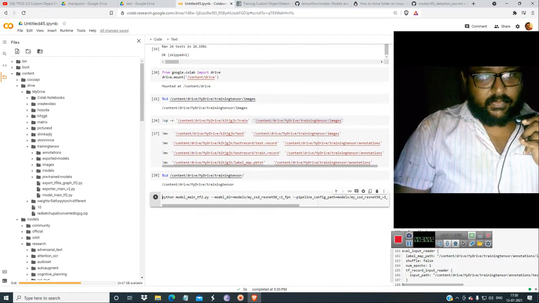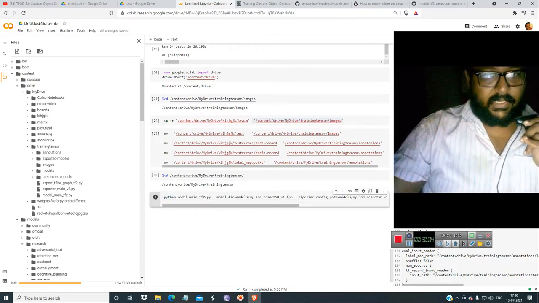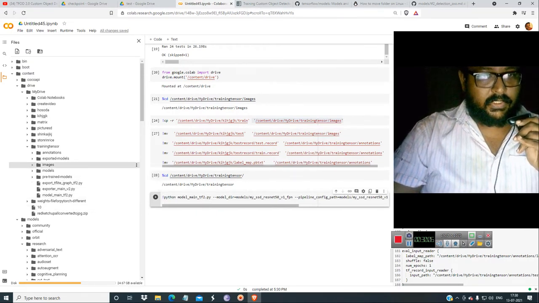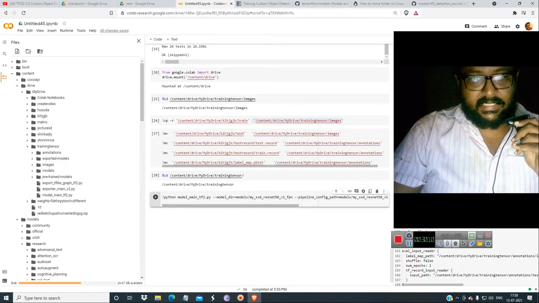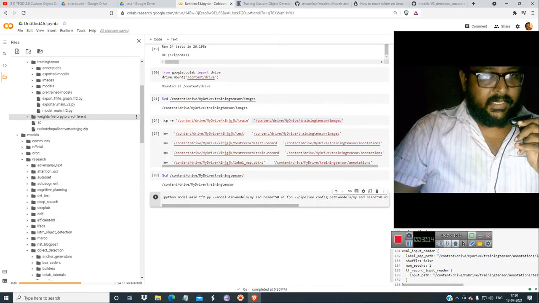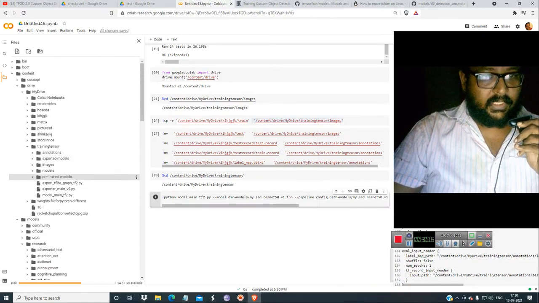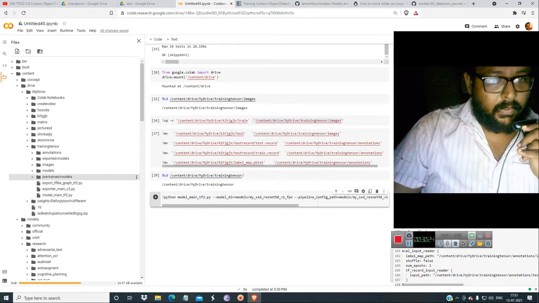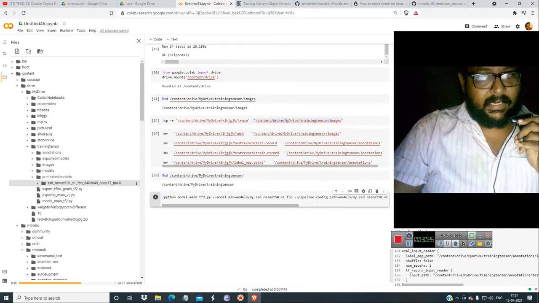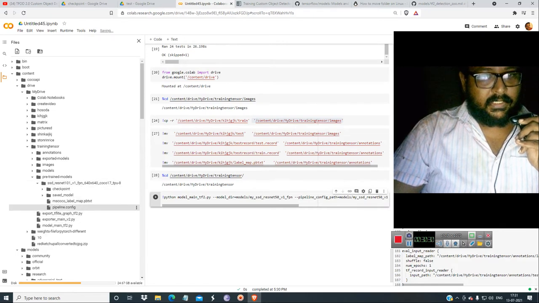So every file is over here, model main.tf2, or else you have to go to the object detection and take it. In the models directory, it is in the SST thing. So you have to go to the pre-trained models, and click on this, and it is fpn checkpoint.